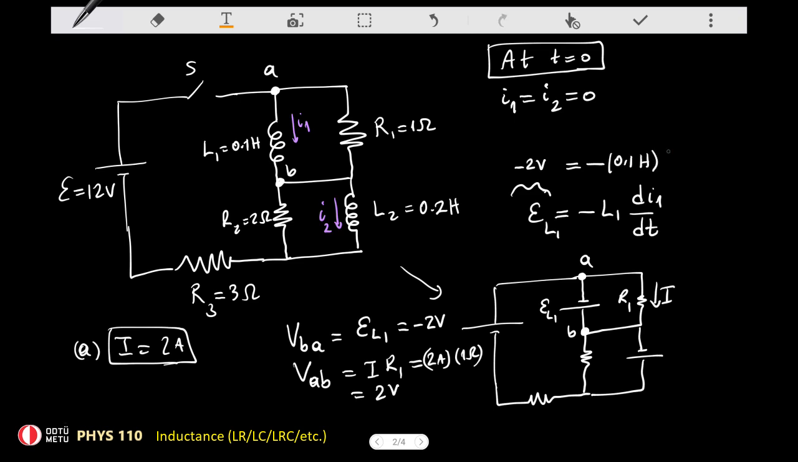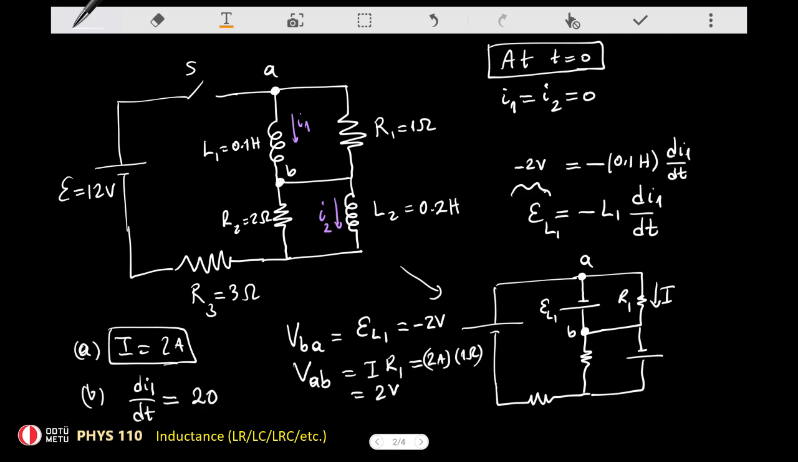Henry. And we have the rate of change of the current at that time. So just keep in mind that this is the initial potential difference between the points A and B at t equals 0. And therefore, this relates the rate of change of the current at t equals 0. So from here, you can see that di1 over dt, that's the answer to part B. The rate of change of the current at time t equals 0 is equal to